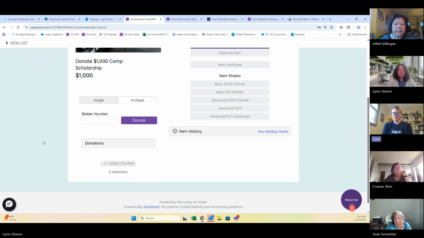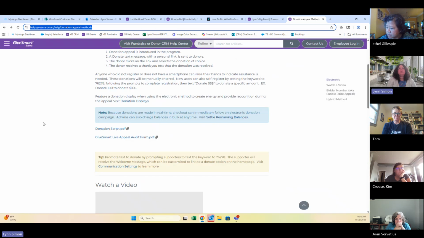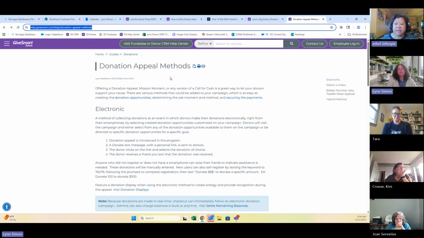Okay. Amazing. Lynn, where do you get that bid sheet that you showed us there with the bidder number? It's all in one sheet. I'll send it to you at the end of this call recording. I also put it in the chat, but it's in one of our help articles. It is called The donation appeal methods. Okay, got it. I'll send you this whole article as well. Okay, got it. Thank you. Of